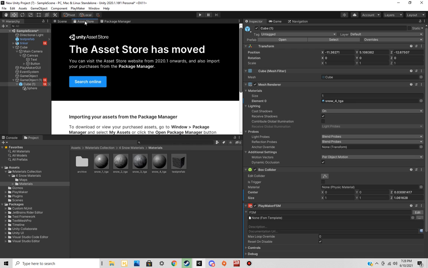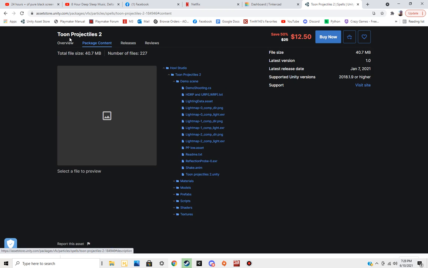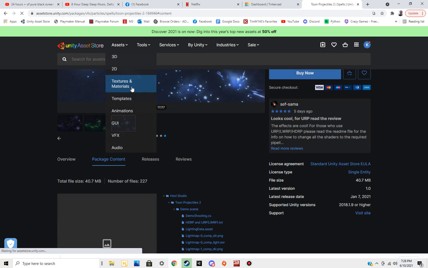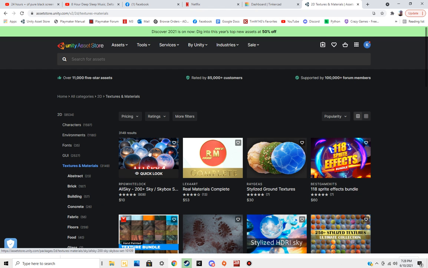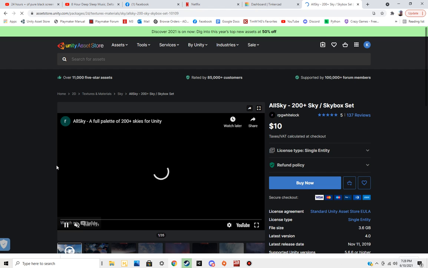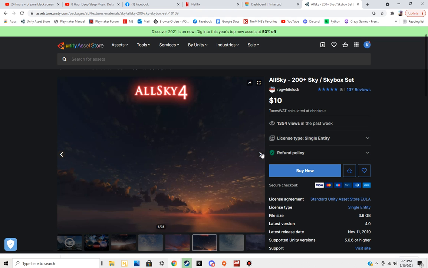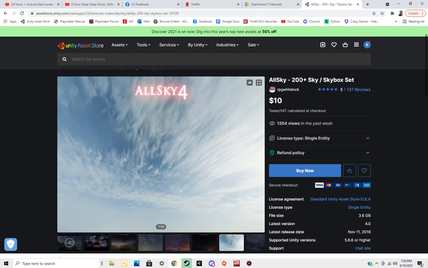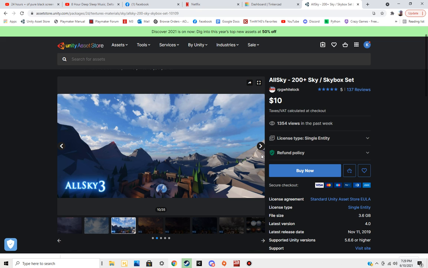Download some cool stuff. There's a ton of textures and materials in the Unity Asset Store. Actually, let's go look at some of those. You can spend hours just looking, oh, skyboxes. I'm going to show you. This is the sky you're looking at. Oh, wow. These are $10 for 200 of them. You just drag and drop it into your scene, and that's the background. They do take a little bit to import, but